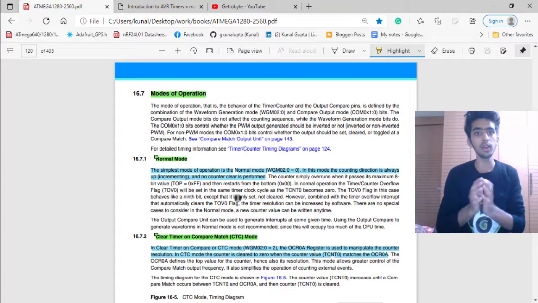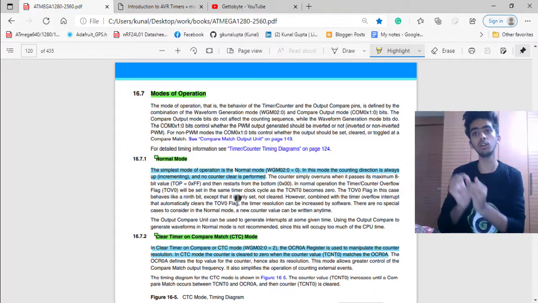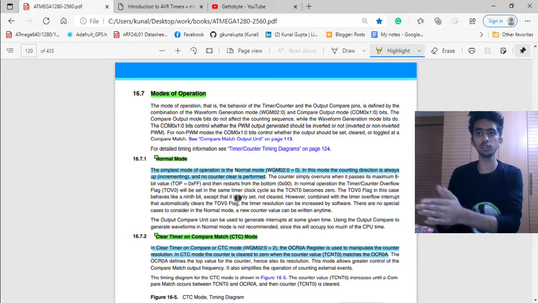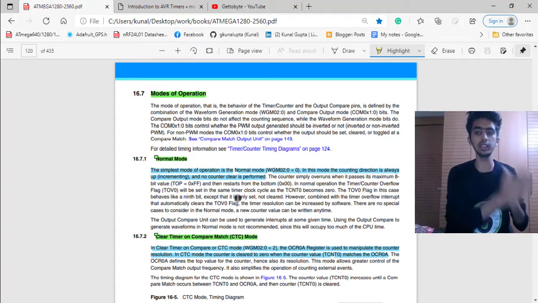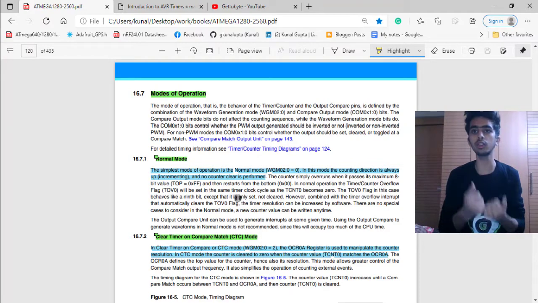to a value. And I have also told you that there are output compare match registers, to which we specify a value, and whenever the TCNT0 register becomes equal to that register value, which is in the range of the timer, our output wave is generated on the corresponding OC0A and OC0B pins.